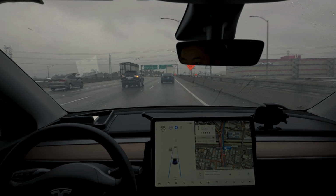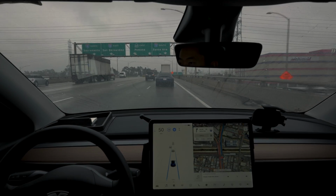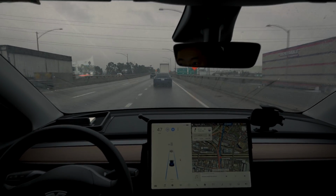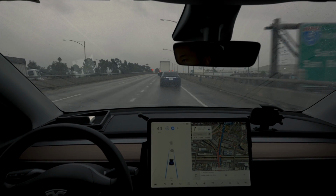So we're in the all the way right lane. You can see the conditions are definitely pretty rainy out. It's also 62 degrees out, pretty cloudy. No sun is peeking through any of the skies, so we'll see how the cameras operate today with the Tesla